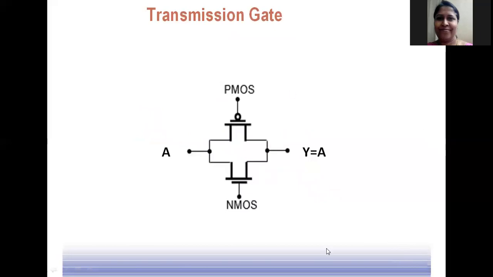And in this figure, we have a circuit called transmission gate. Why is it called transmission gate? That is because when we connect two transistors, one P MOSFET and one N MOSFET in parallel, and apply a logic signal A here at the input, you get again the same logic voltage or